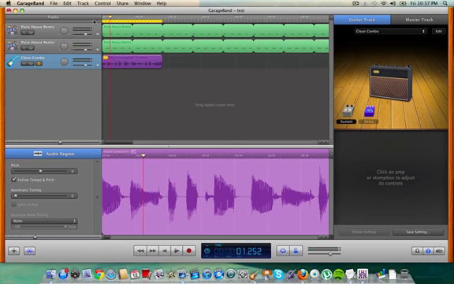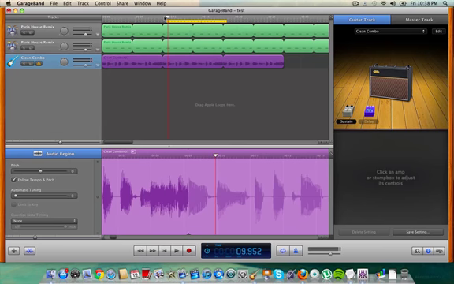Can you tell the difference? Now, after we get that, if you still have a pet peeve of this one, you would delete unused takes, and you're done. Then we would just loop it. We'll drag that as many times as we want. And we've just made a real instrument loop. So we can take our loop region off. Another good thing about this, we can move this, and that's just going to keep playing something over and over again. So if you just want to hear one thing over and over again when you're mixing or something,